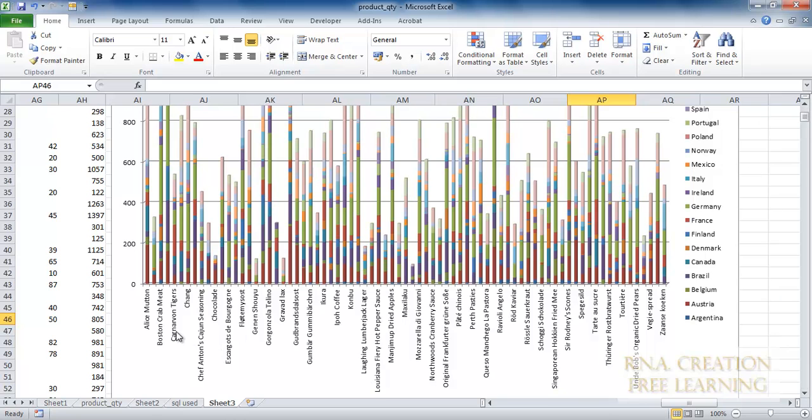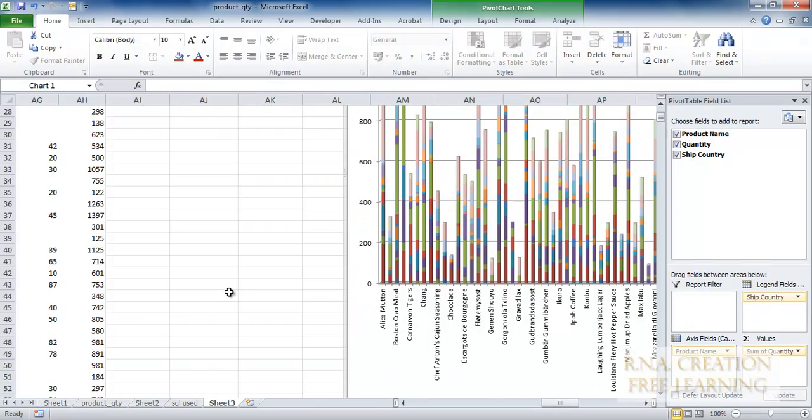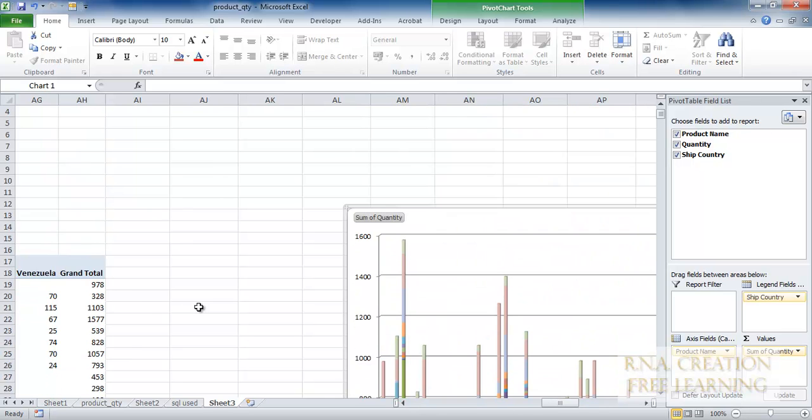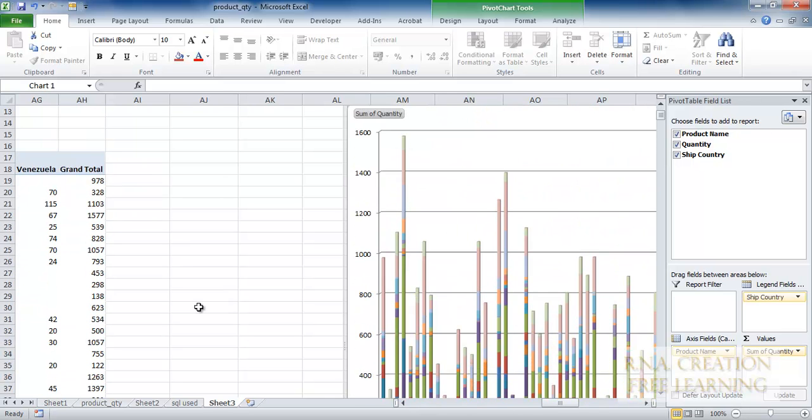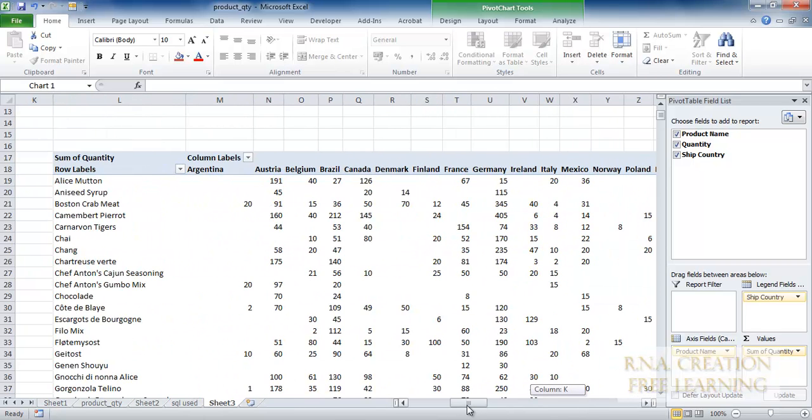Now let me move this graph. I have to select the right one. Now as you can see, I have this grand total data. The grand total data is the sales happening in all the countries.